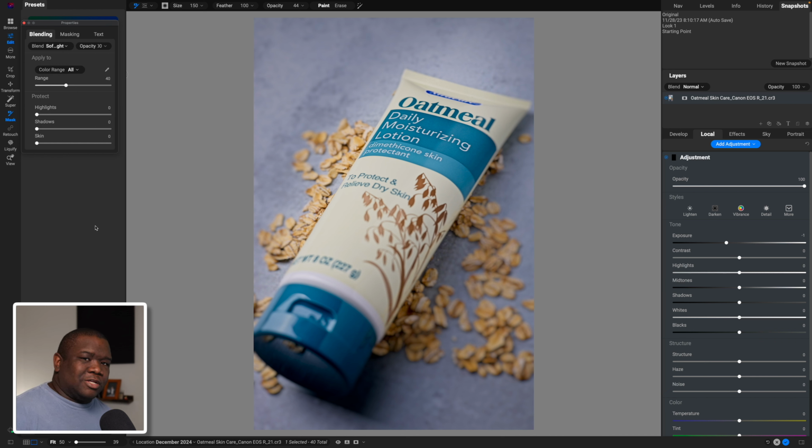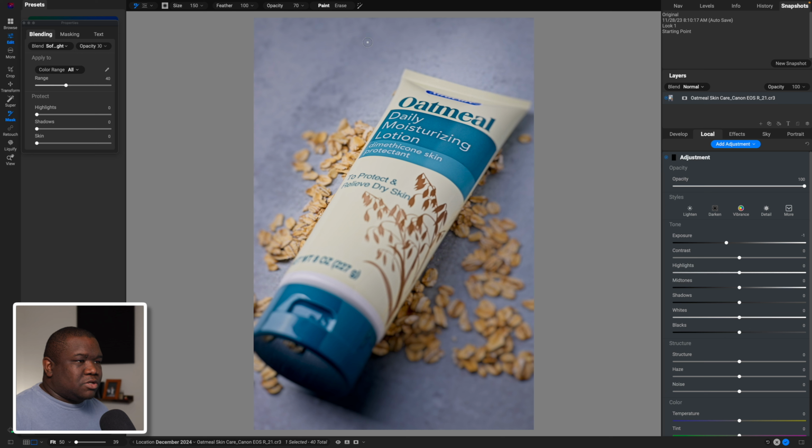Now, I work in soft light whenever I do my burning effects, so to speak. And this just helps me with really honing in on making the product look the way that I want it to, or getting the right look. Now, I'm going to leave my exposure down pretty low, -1 stop, and I can modify that later if I so choose. But what I'm going to do is pull up on my opacity till I'm about 70%